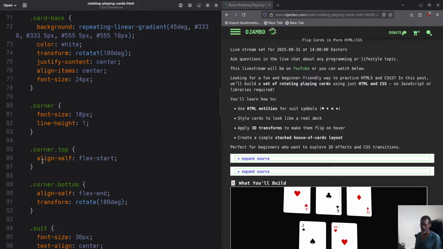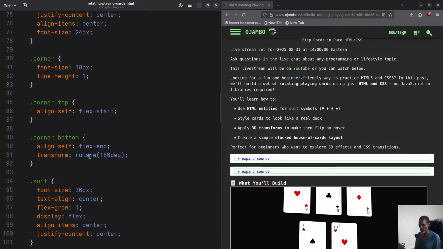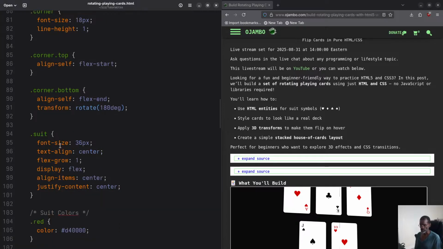Really weird. And the corner top line, align self flex start. That means the beginning, or where the flex begins. It will start here, and then the bottom, flex end. So that's why you see they are on opposite sides of each other. That's how you do that. And rotate, transform 180 degrees. Okay, for this